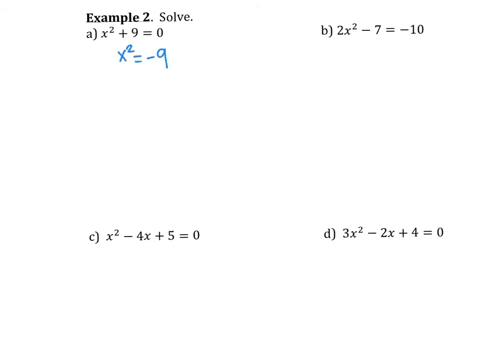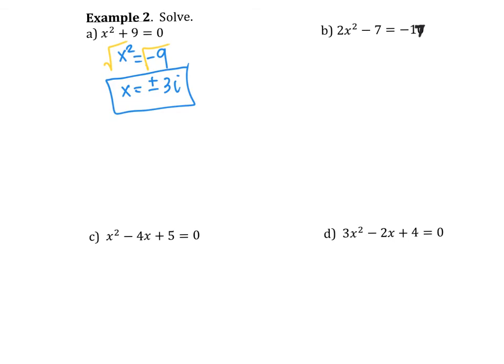Okay, and then I'm going to imagine I'm square rooting. Because this is a quadratic, I'm going to get two answers, a positive and a negative. So I'm going to get plus and minus. The square root of 9 is 3. The square root of -9 is imaginary 3. So I'm going to get plus or minus 3i. Okay, I got both of my answers, which I was expecting two answers because it's